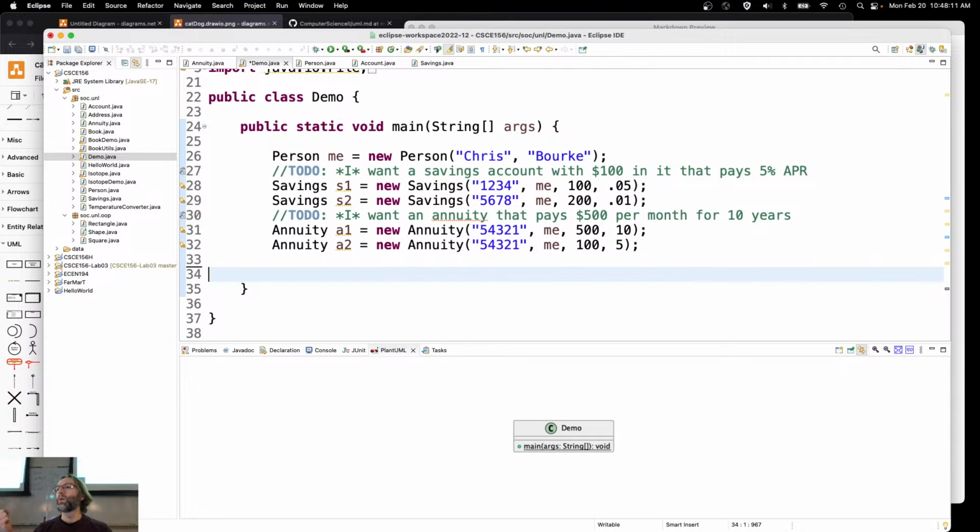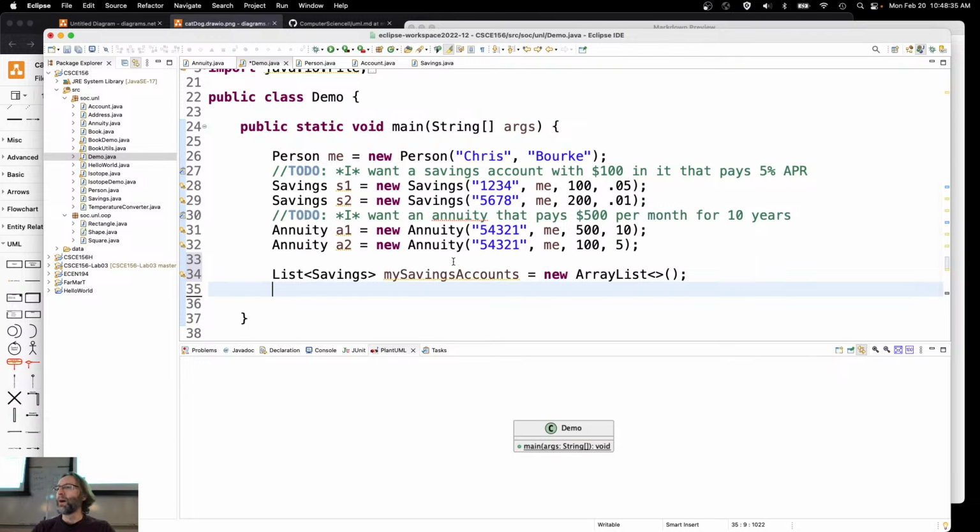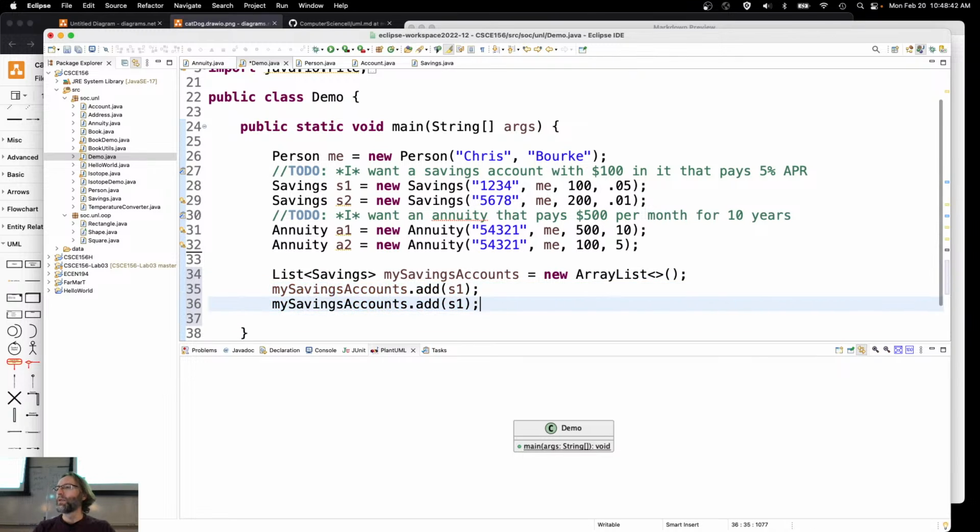If I've got, say, 1 account, 2 accounts, 3 accounts, 4 accounts, when I've got 4 accounts, what would you do? A collection of some sort. Yeah, let's go ahead and make a list. You jump to the conclusion too far, though. A list of savings accounts, my savings accounts, is equal to new ArrayList. There we go. And I'll go ahead and add those, mySavingsAccounts.add S1, mySavingsAccounts